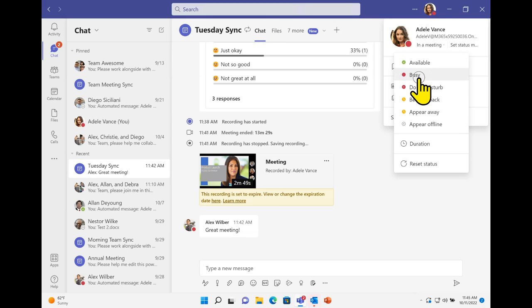Now, if you're in busy mode, it's when you want to focus on something, but still have those notifications pop up. If you're in a meeting or you're in a call, Teams will change your status to that red solid dot, and it'll say in a meeting, or it will say in a call. So if Alan were to call me right now and I picked up, it would show in a call here. It looks like I'm in a meeting because we have a calendar invite there for us, but continuing to explore,